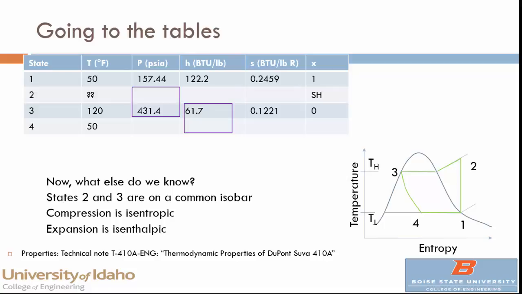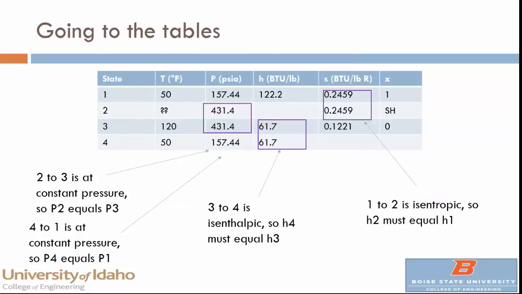And finally, as I mentioned in the last slide, the compression is isentropic, meaning that the entropy at state 2 is the same as the entropy at state 1. And so we can just copy those over. So pretty straightforward. We can go to the next slide and say, okay, we've got all these things copied in,